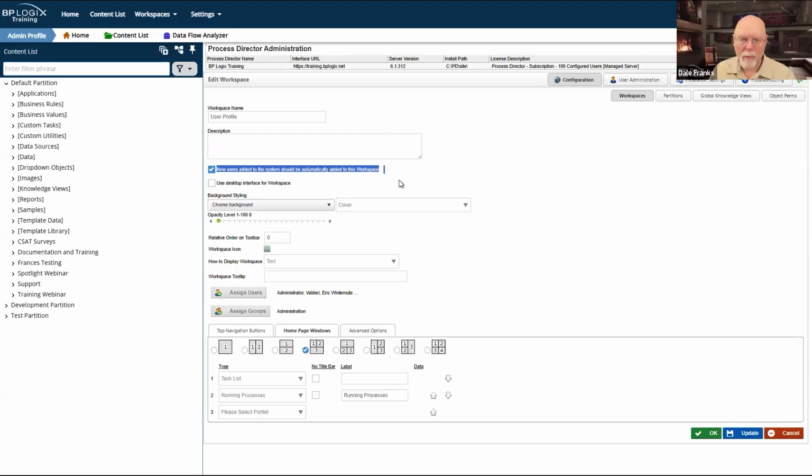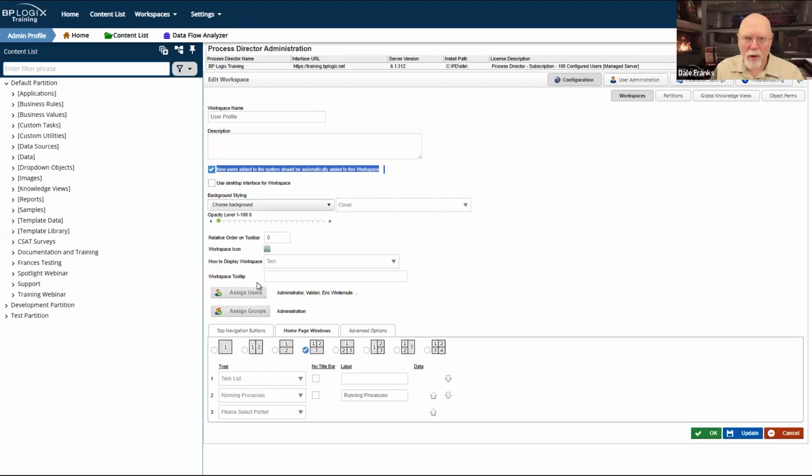If they were to open up Process Director after you created their account, they'd basically just see an error screen that says, hey, you're not assigned to any workspaces, so I'm not going to show you anything. So the entire bottom portion of the screen here would be blank. That's not good. So you do need to have some sort of default workspace that all new users get added to.